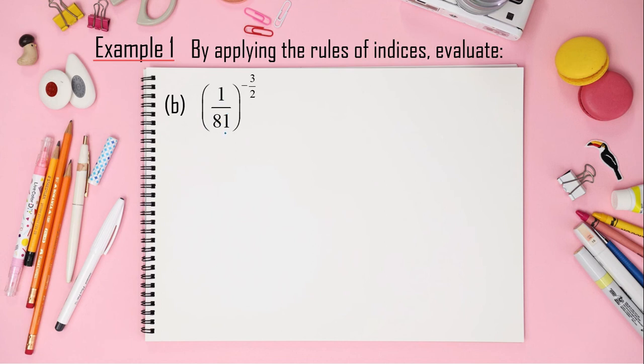The second one we have here is 1 over 81 to the power of negative 2 over 3. So we will have 81 to the power of negative 1 to the power of negative 3 over 2. The indices can be multiplied together so that we have 81 to the power of 3 over 2. Then